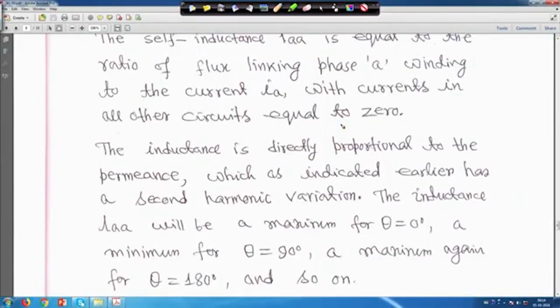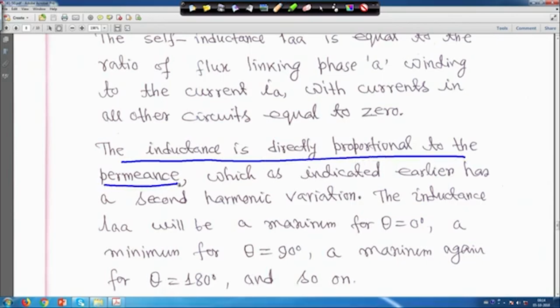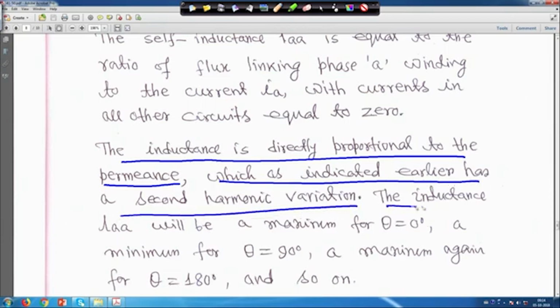Okay, so we are back again. We are starting from where we finished in the previous lecture. Earlier we have seen that inductance is directly proportional to the permeance, which, as indicated earlier, has a second harmonic variation. The inductance L_AA,